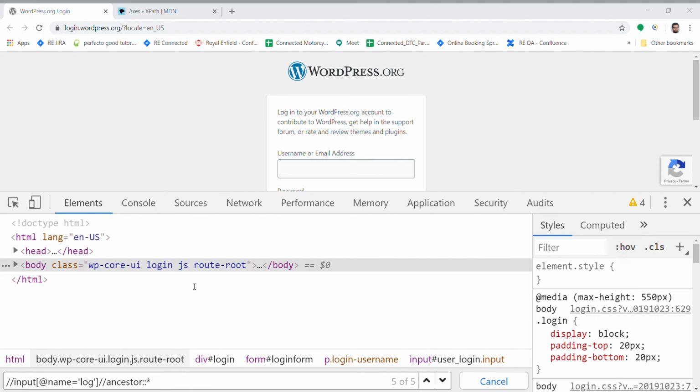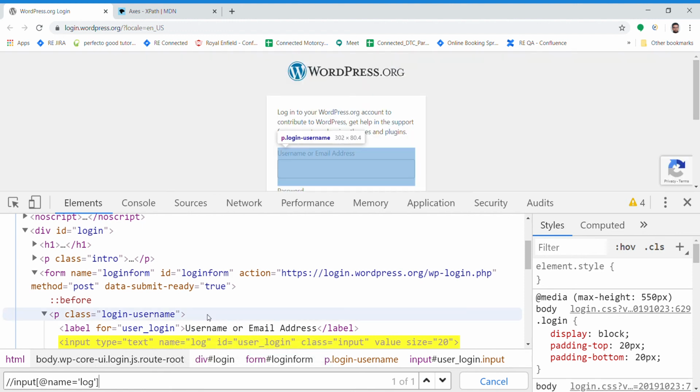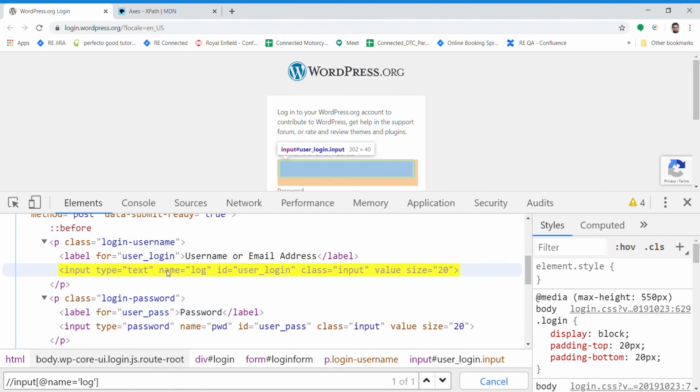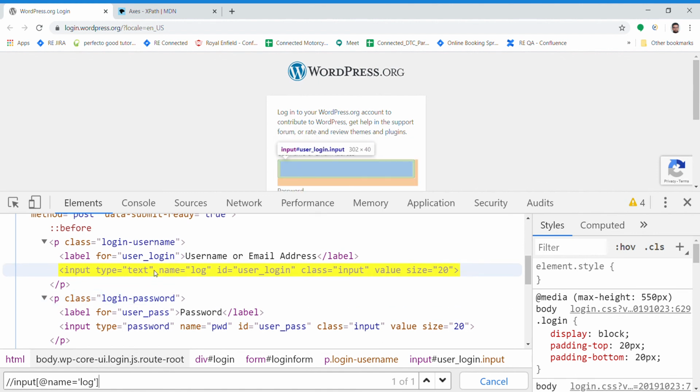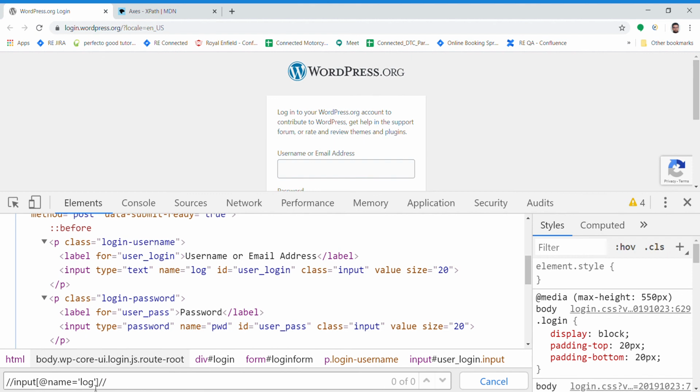Another method is following. So come back to the root node. Now if you wanted to select the following, that means you want to go in the forward direction. We want to go from this node to this node, let's say. So we will use forward slash, that is, select any nodes related to this root node. That is why we use the word relative, because we want to go from this node to any other nodes. So this is relative XPath, relative to this node.